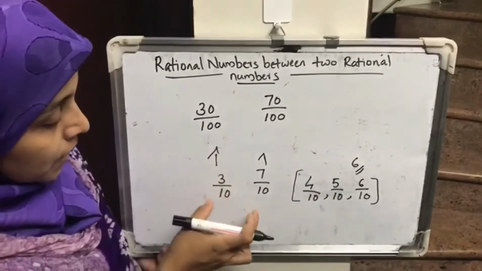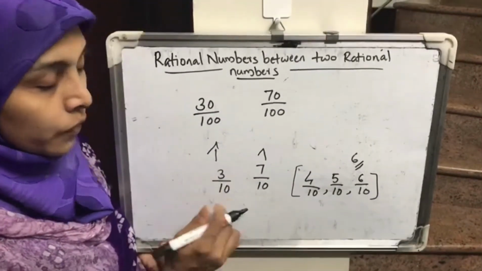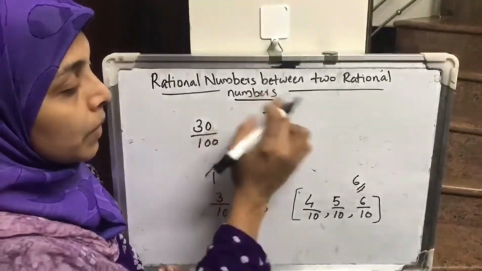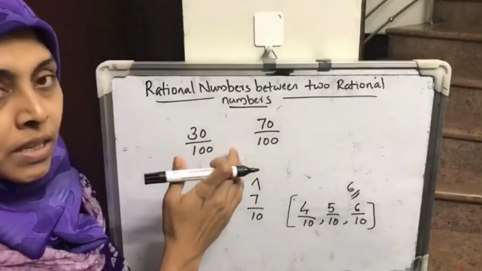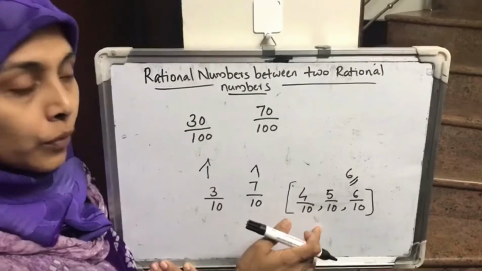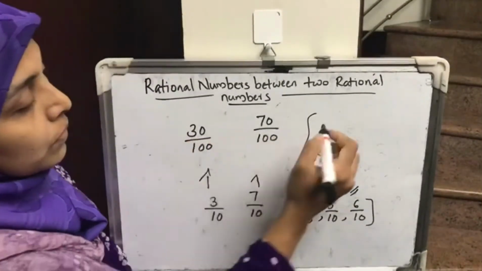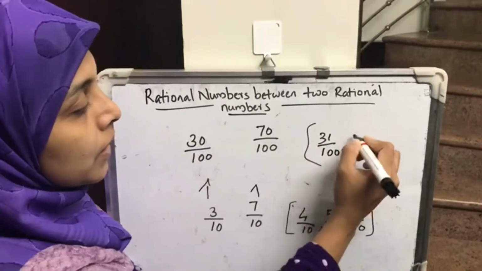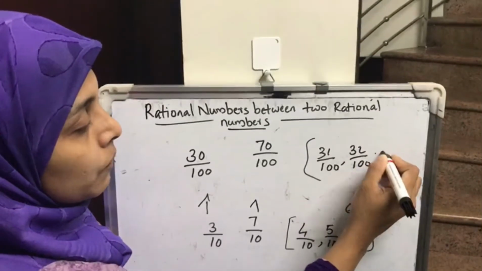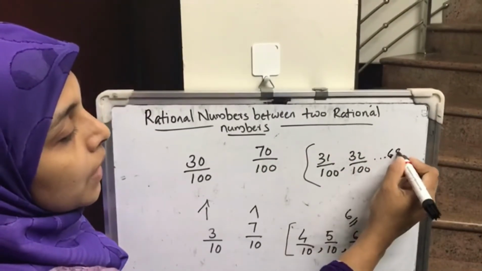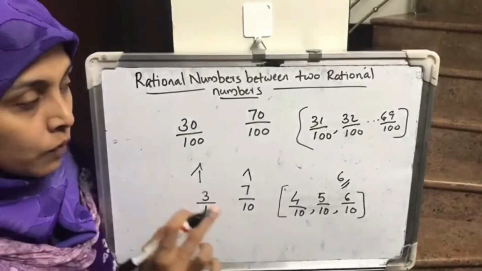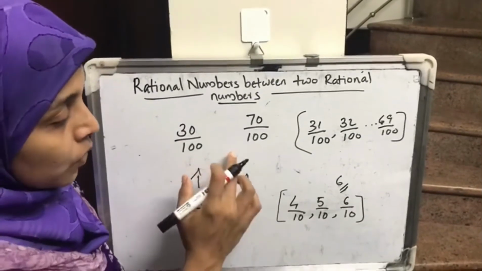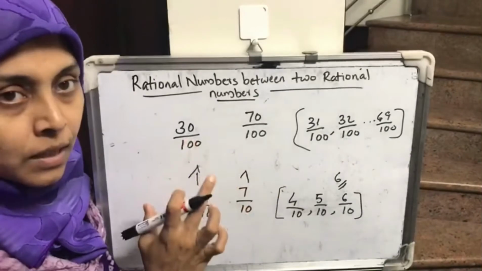Now you look, when we find the equivalent rationals of the given rationals, we got 30 by 100 and 70 by 100. Now if you check how many rational numbers are here, is it only 3? No, we will get up to 31. After 30 by 100 we can write 31 by 100, next 32 by 100, then last 69 by 100, and then 7 by 10. So we can conclude that in the case of rational numbers, there is not a definite number; there are infinite rational numbers.